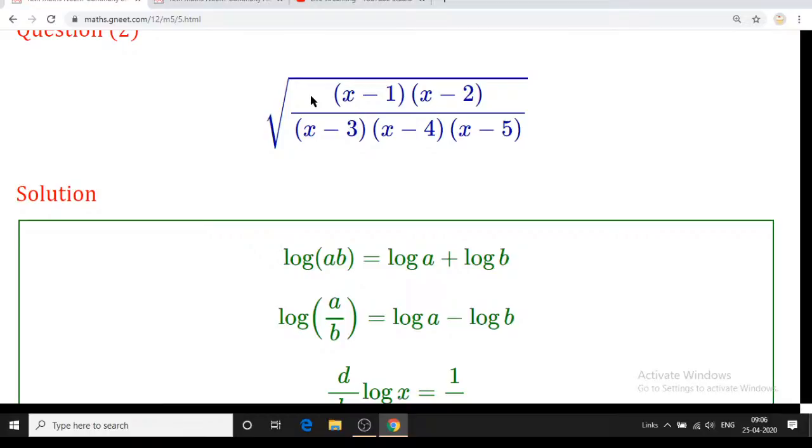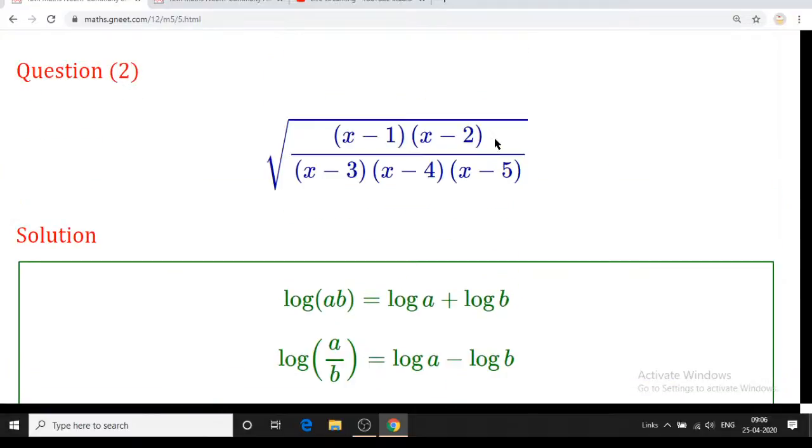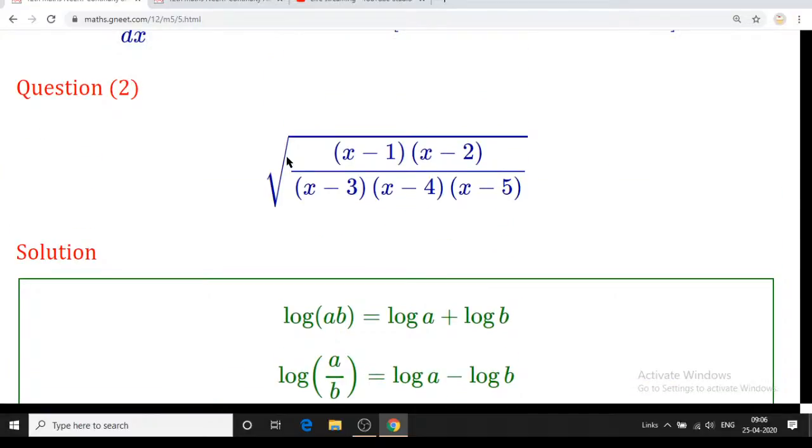Afterwards, when we go for the derivative of this bracket, u upon v, again in v there are 3 multiplications and it will become very lengthy. To avoid this we will go with the log. Now when we use a log, whatever is given, as it is a raised to root, can be written as a raised to half.